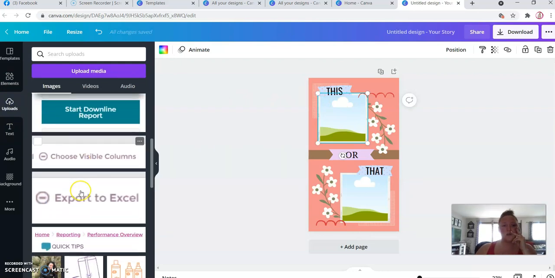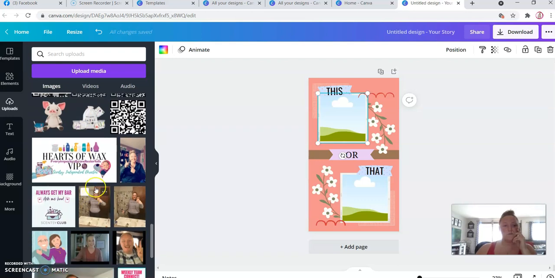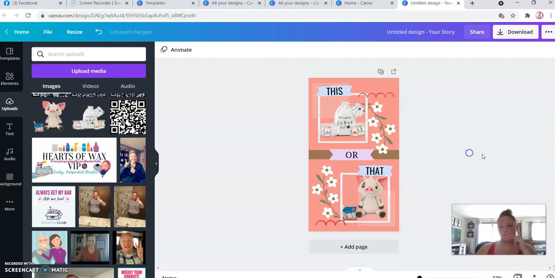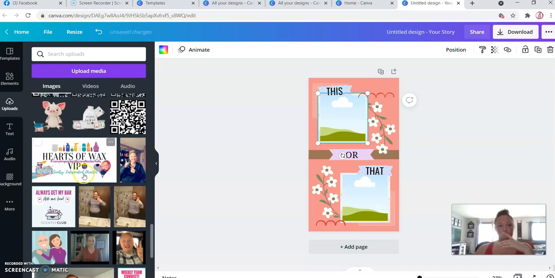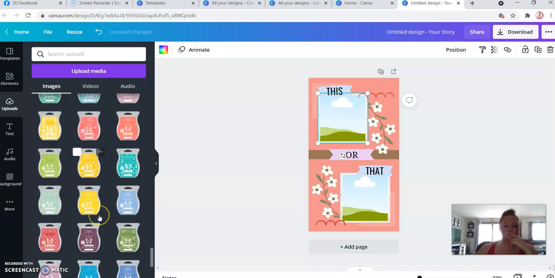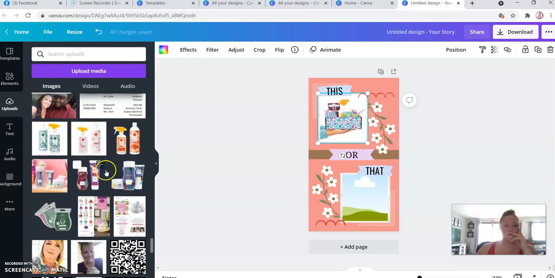You could upload any Scentsy image of any product you wanted, and you just drop it in. So I just dragged it from here and dropped it in. How cute is that? If you click on it and hit delete, it just removes the image for you and you can find a different image. Right now, BBMB is popular. Or maybe you want to do Whiff Box versus